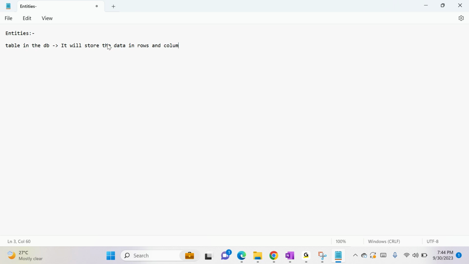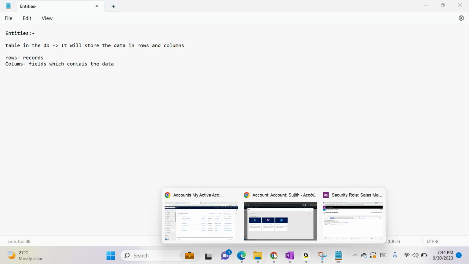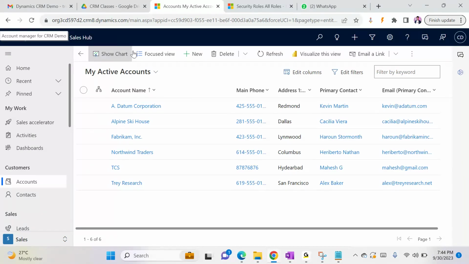Okay, table will store the data in rows and columns, where rows are records, columns are fields, which contains the data. Now, for example, when I open account, a new account,